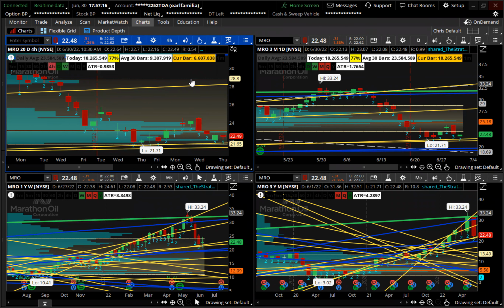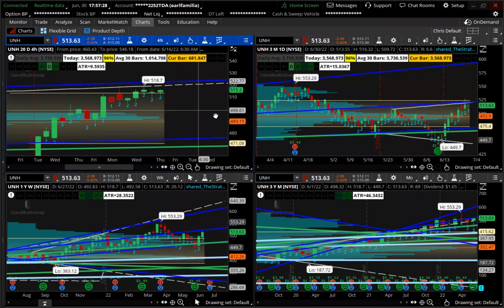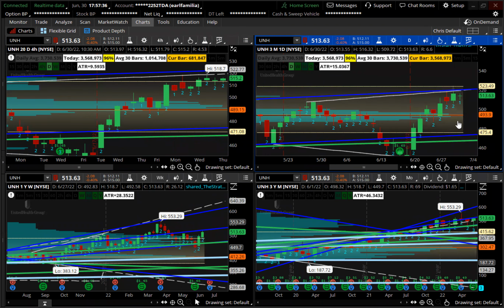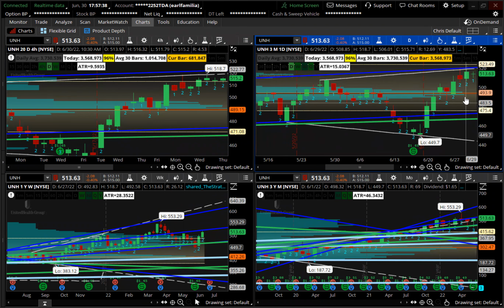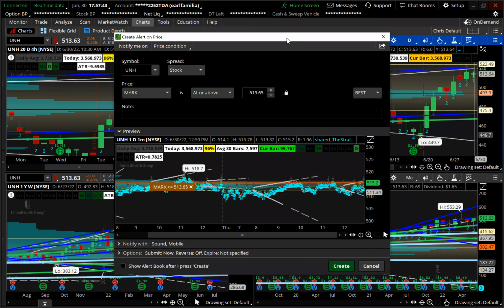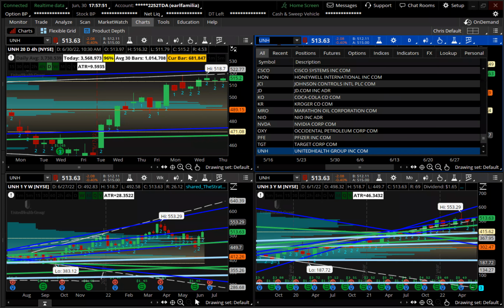All right, so next one is UNH. UNH looks to be enforced. The macros and the time frame continuity look beautiful. So we're going to enforce on that one. Then on the day, that looks like the setup to have. That's the inside 4 hour setup. That's the one you want to be looking at. That's 212 on the 4 hour. Actually, I'm going to leave this off right now. 212 on the 4 hour above 516.32. That's easy. That's a clean one.